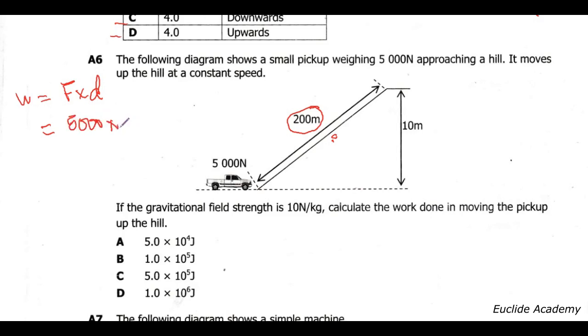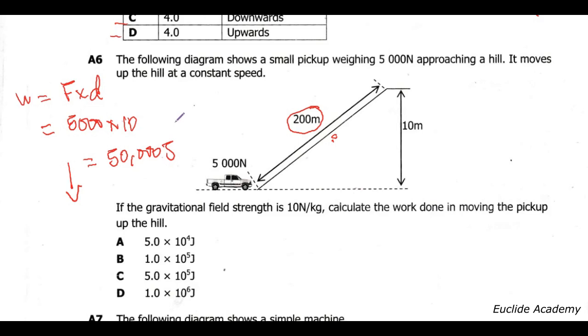Remember, work is equal to force times distance in the direction of the force. So the weight of an object acts downwards. This is how your weight acts, and the weight of anything acts downwards. It follows gravity. So here we can't use the horizontal distance, we use the vertical one, which is 10. Therefore this gives us 5,000 times 10, which is 50,000 joules,